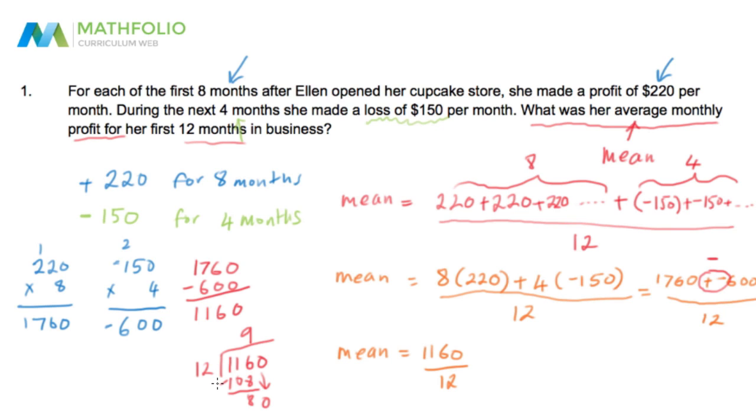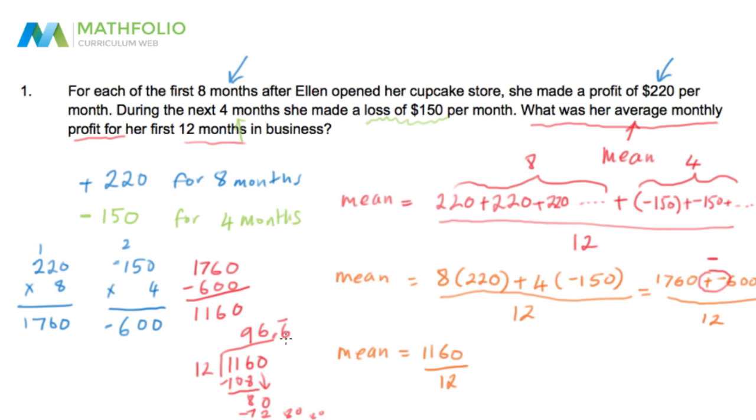Well, we could think, well, 7 12s, 7 times 12 gives me an 84. So let's think, that's too big. So instead of 7, maybe it's 6. So if I put a 6 there, 6 12s, 6 10s is 60, 6 2s are 12, so that makes 72. And when I subtract 80 minus 72, I get an 8 left over again. So as I just had an 8, this pattern is going to keep leaving me with 80s, and so I'm going to get 12 into these 80s that keep repeating is going to always be 6. So I could leave my answer as